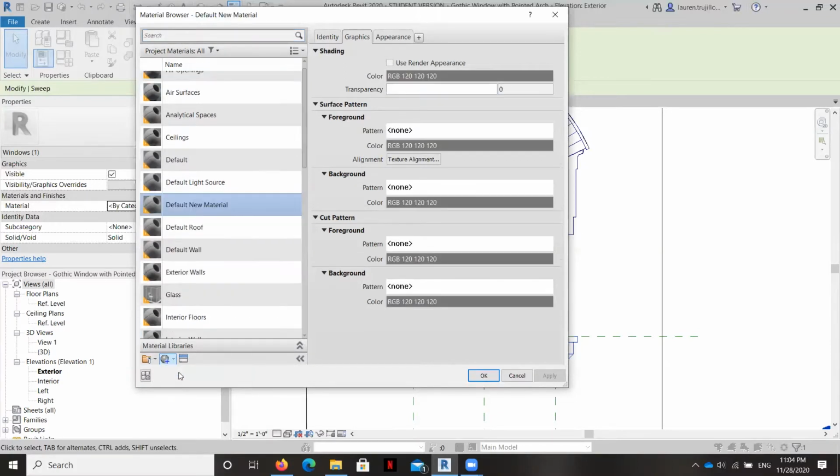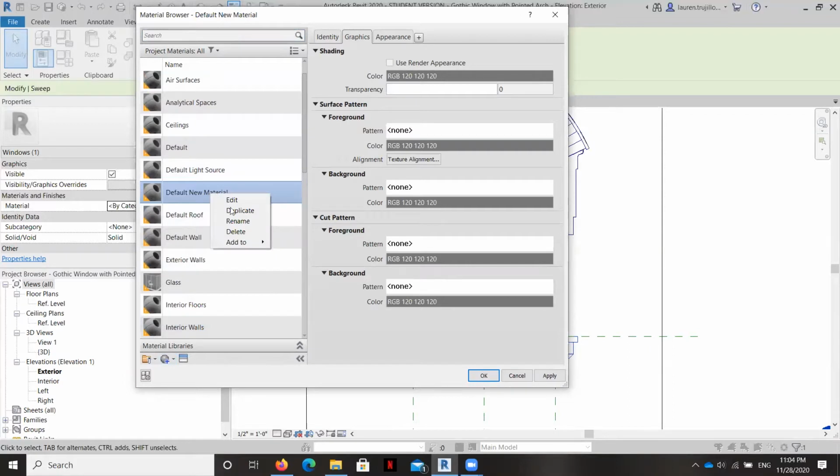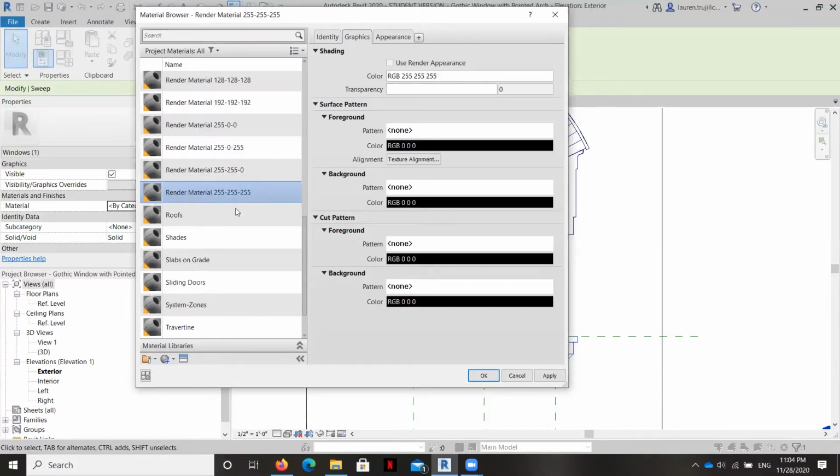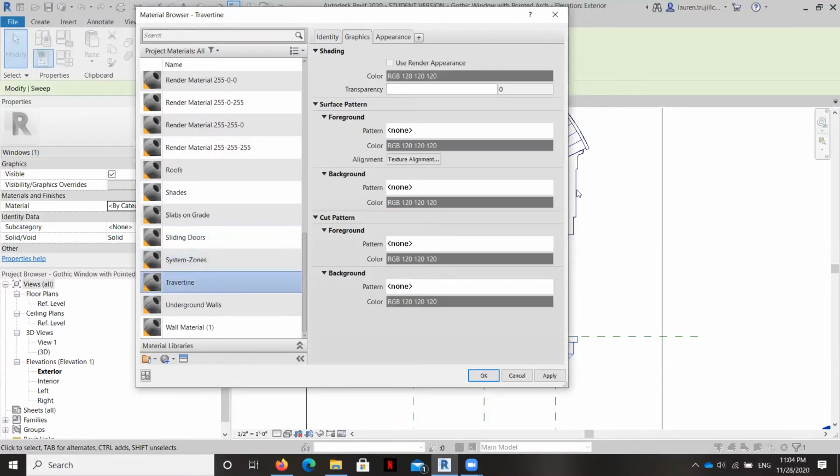Now I have selected a travertine swatch already and saved it. So I'm going to call this travertine. And so for this travertine, I'm going to change a couple of settings here.